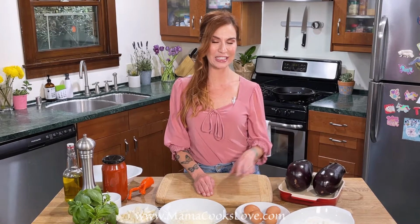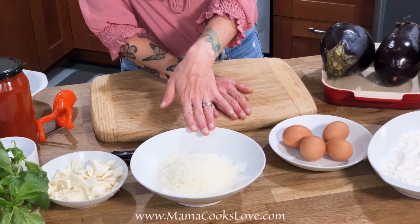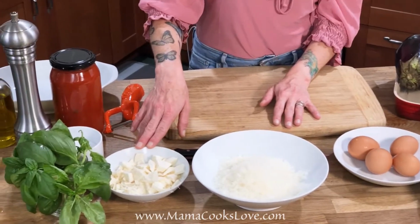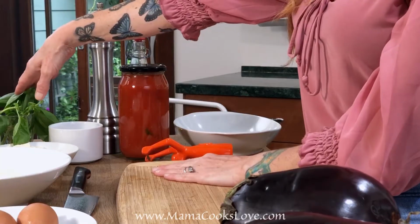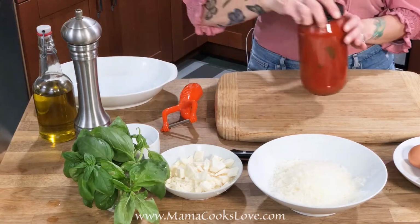To make Mama Cooks Love eggplant parmesan, we're gonna need 2 big eggplants, 4 whole eggs, a cup of flour, 2.5 cups of freshly grated Parmesan cheese, a cup and a half of smoked mozzarella, a handful of basil, 2.5 to 3 cups of vegetable oil to fry the eggplant, salt to taste, and a jar of your homemade marinara